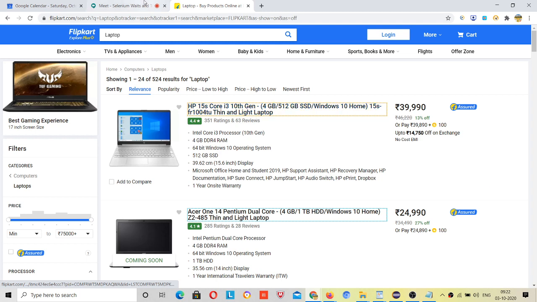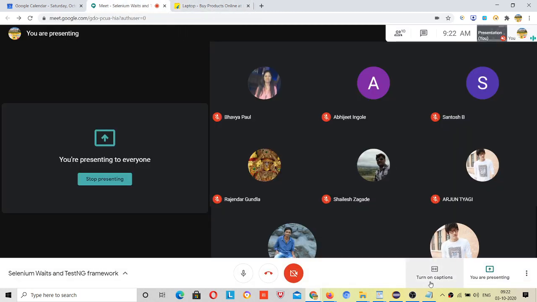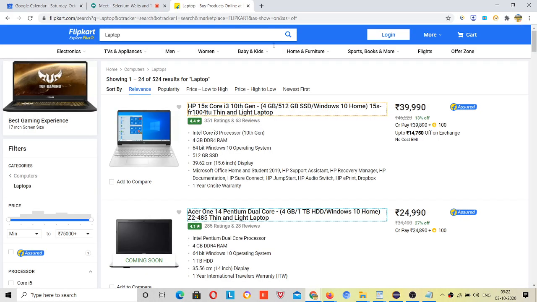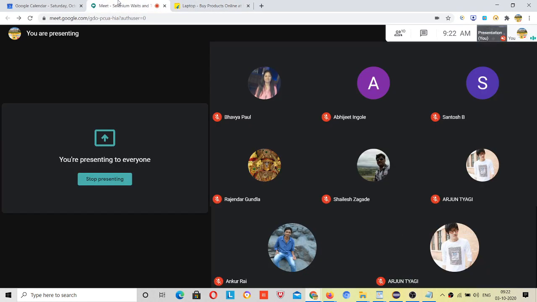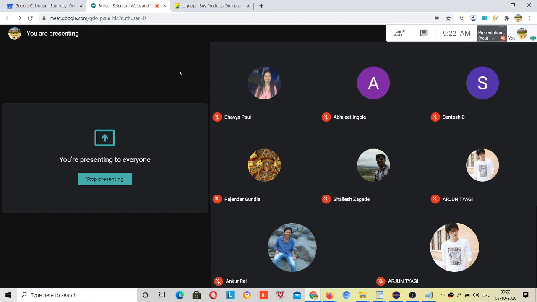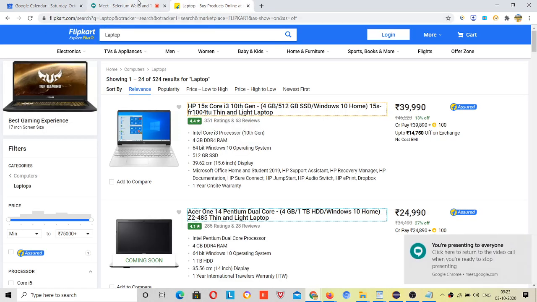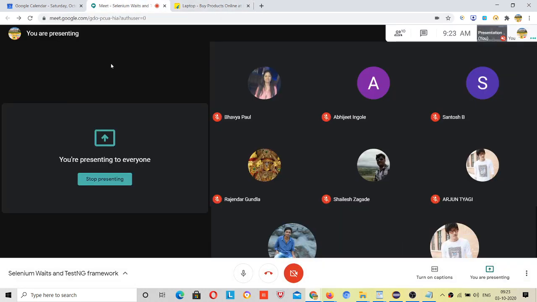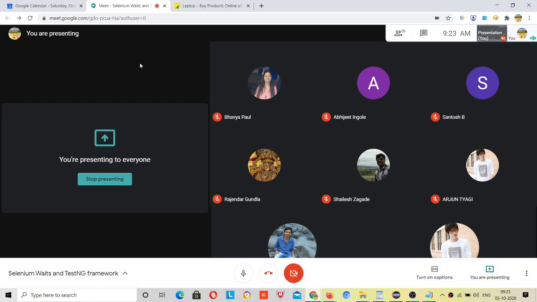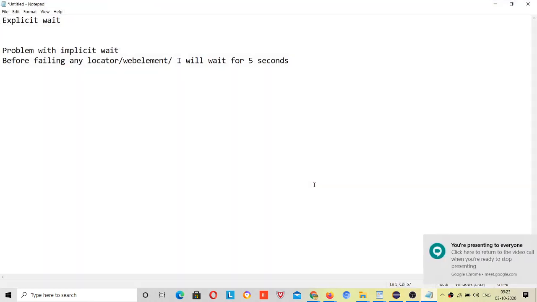So in that case, just because this implicit wait is applied globally, how will our performance test cases work? Because searching of the laptop totally depends upon the performance, because in milliseconds we get the results with Flipkart. But suppose tomorrow login functionality says that I should wait only 10 seconds, but here millions of data are available, so I will wait for 20 seconds, then your implicit wait fails there. So for overcoming this problem we have explicit wait.